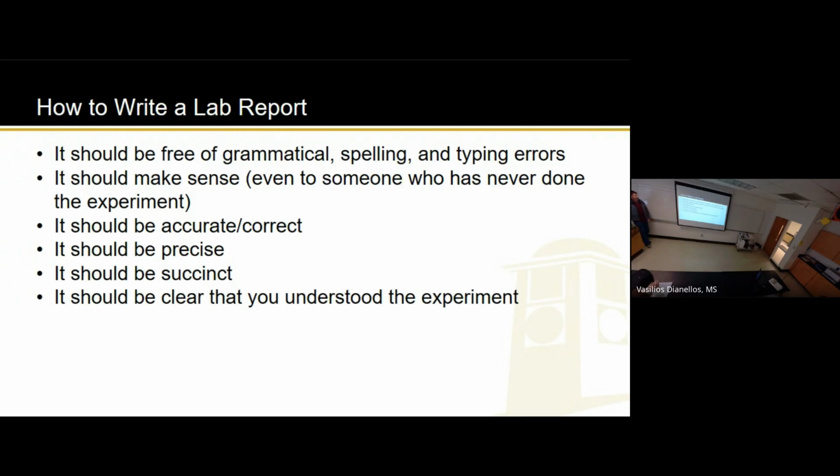Straight to the point. It should be clear that you understood the experiment. That's a big one too. This is another one of the huge ones I'm looking at. If I'm reading it and you're giving me all these results, like, yeah, the pH increased a lot for the color blue. But then you go on to say, so yeah, the color blue was the worst photosynthesis. Like, I don't think you understood that. You just told me that pH increased the most for blue, indicating that photosynthesis happened the most. Right? So that's the kind of stuff I'm going to be looking for.